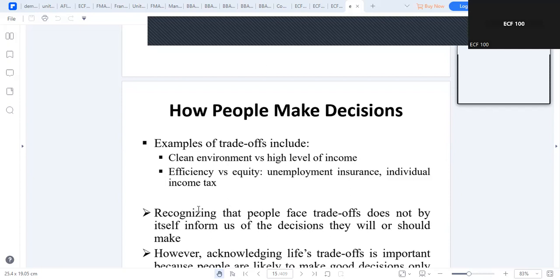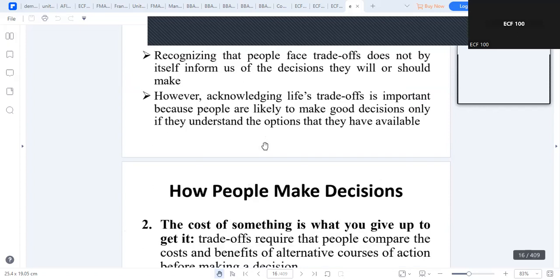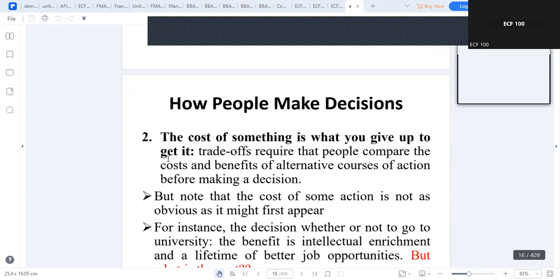The other decision will be recognizing that people face trade-offs does not itself inform us what decisions will and should be made. Okay, this one is still under the same decision. The second is about the cost of something. We're taught that the cost of something is what you give up to get it. So trade-offs usually require that people compare the costs and the benefits of the alternative courses of action before making